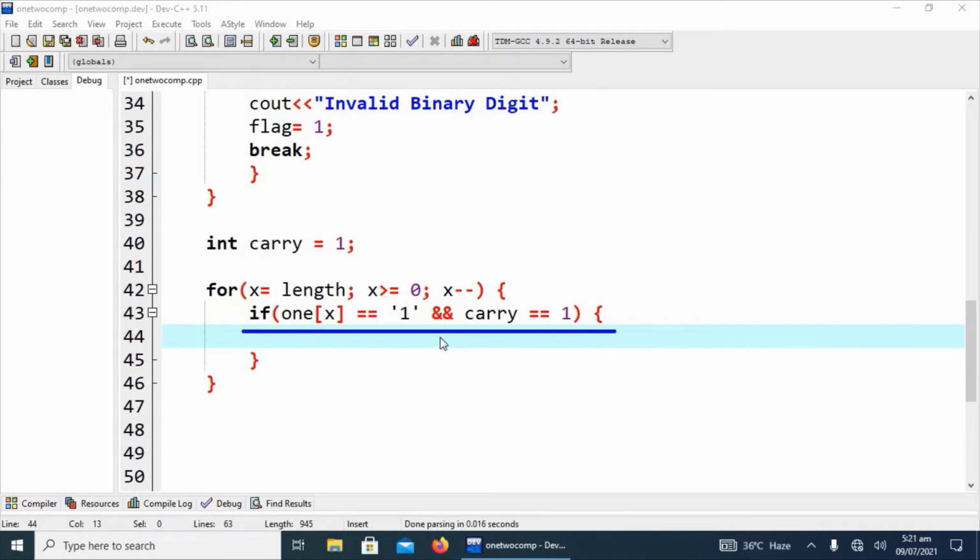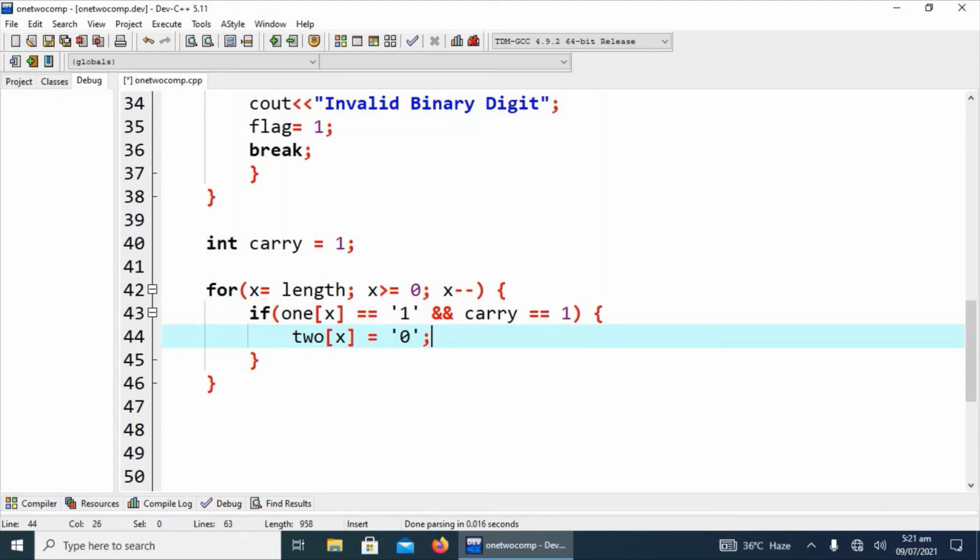This says that if the digit at the last index of the binary number is 1 and we are going to add 1 to it, what will the resultant be in the 2's complement array at the last index? The 2's complement will contain 0. This is the simple logic.